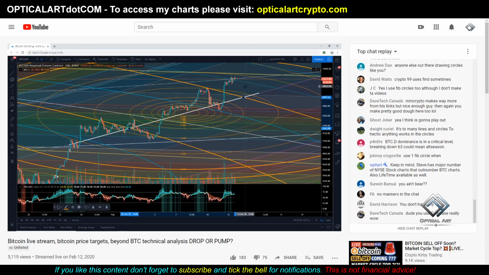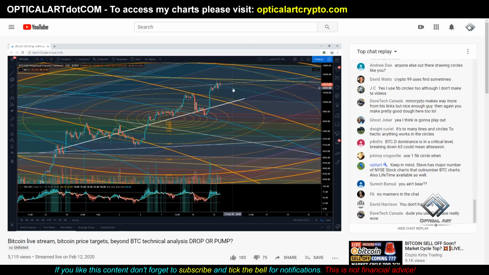And actually, you know what, we'll get rid of some stuff on this chart. I just want just this fib circle alone. You can see where I drew it. It comes from where this purple line intersects this ring and the purple line intersects this ring. And if we get rid of stuff on the chart,